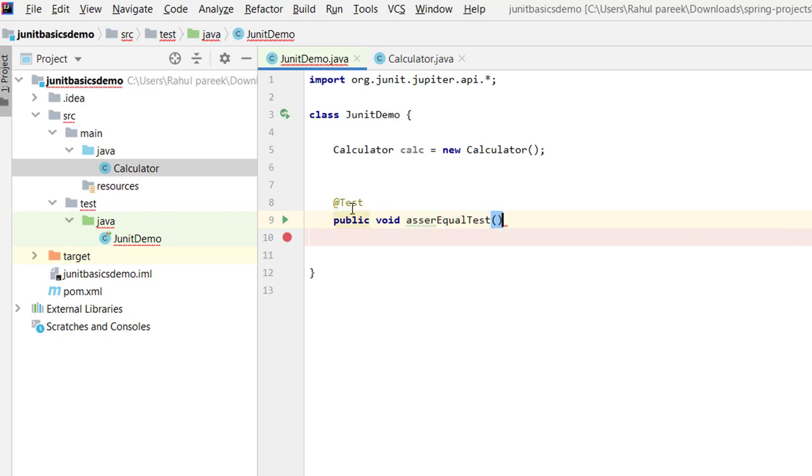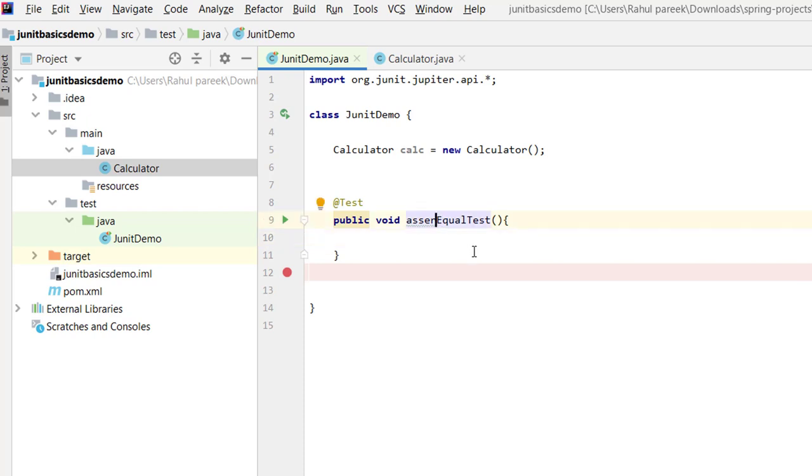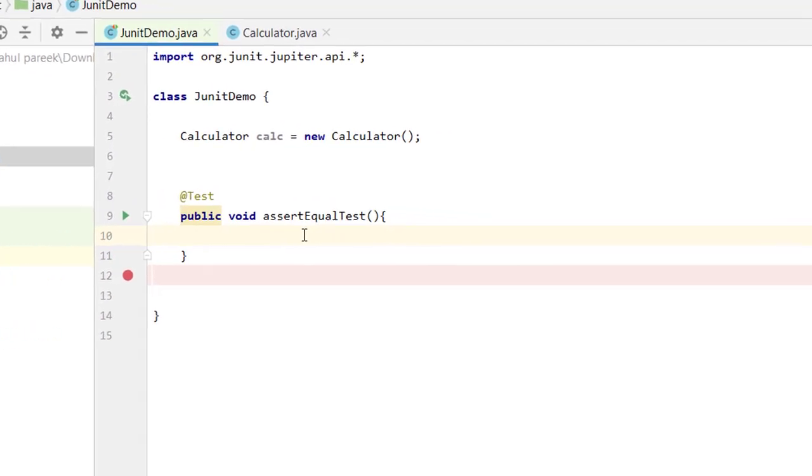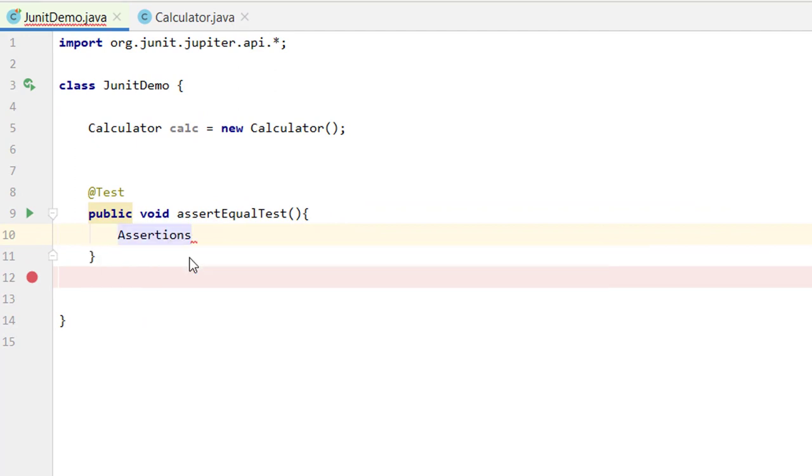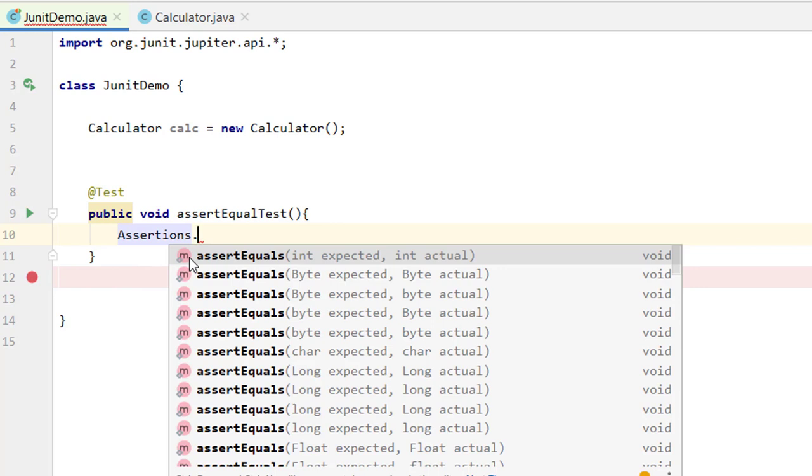Let us first talk about what assert equal is. As in our previous tutorial, we have this Assertions class. In this class there are a lot of static methods.